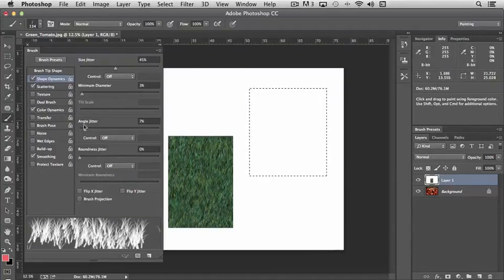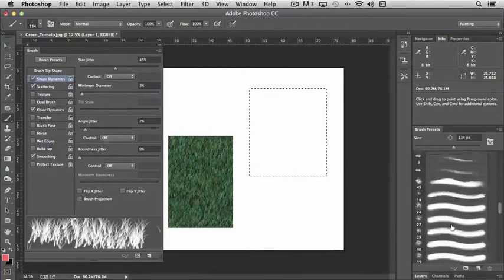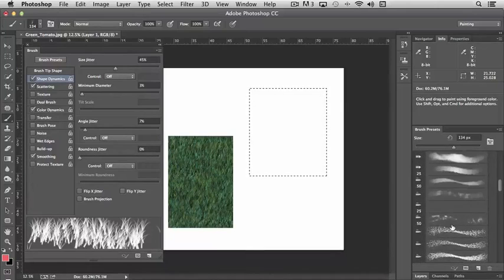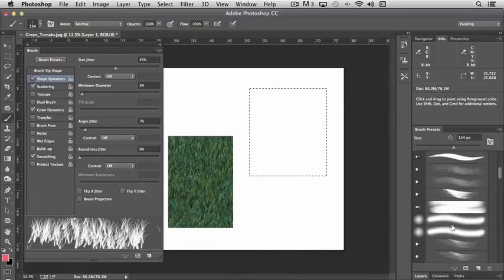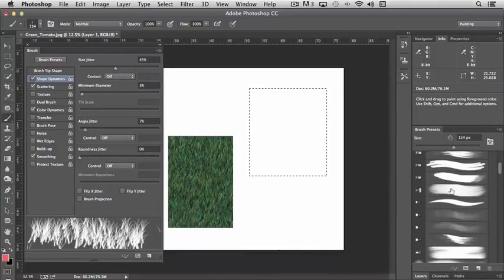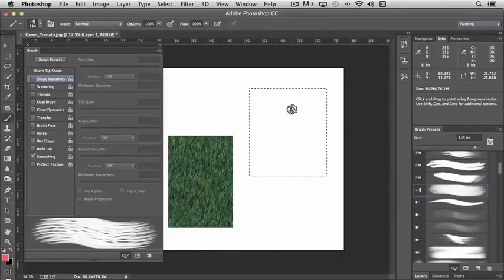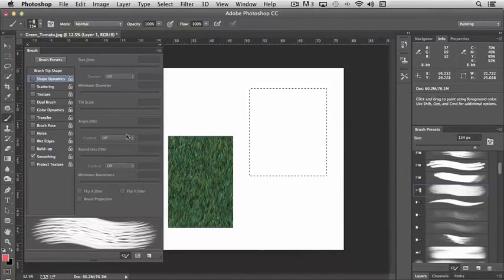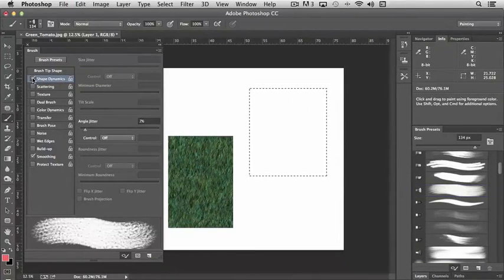And let's switch to a different brush, something funky. Like let's pick this brush, and you'll notice that if I paint normally, it just looks like a scrape pattern, okay? Now I've never tried this before, so we're going to kind of learn together what's going to happen, but